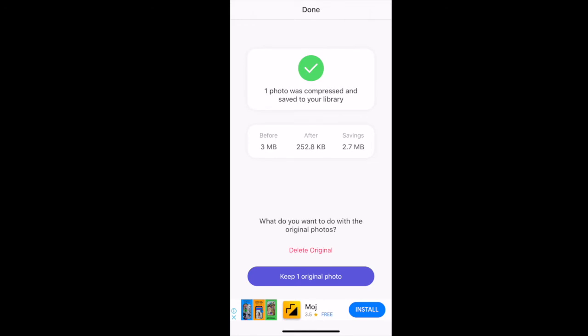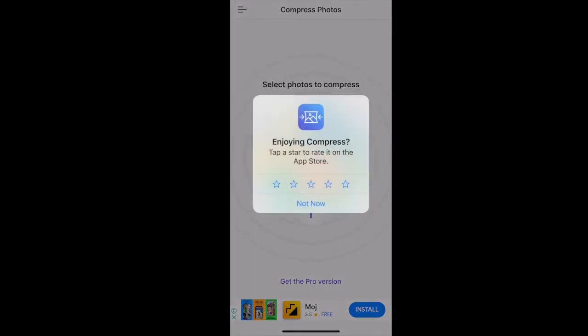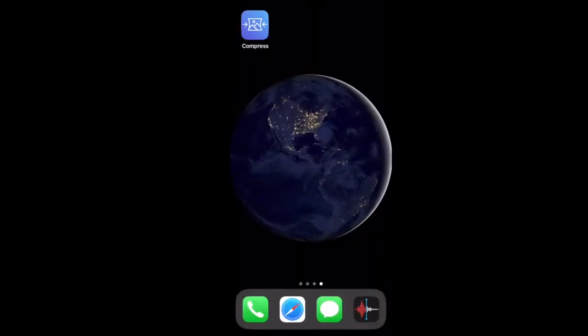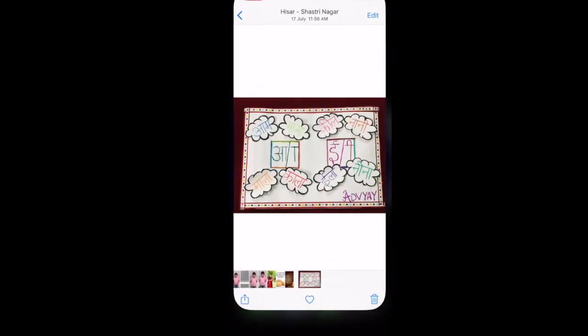It is also asking me if I want to delete the original photo or keep the original photo. So in this case I am keeping the original photo. Click on this and we are done.